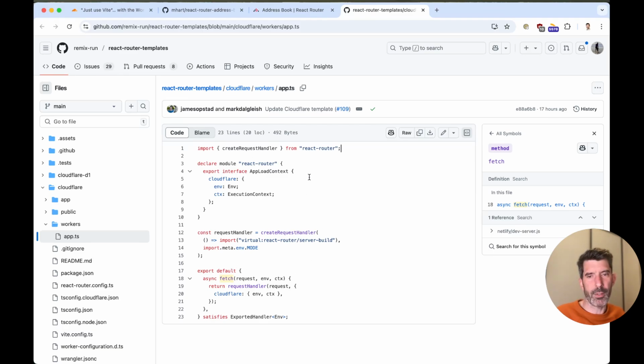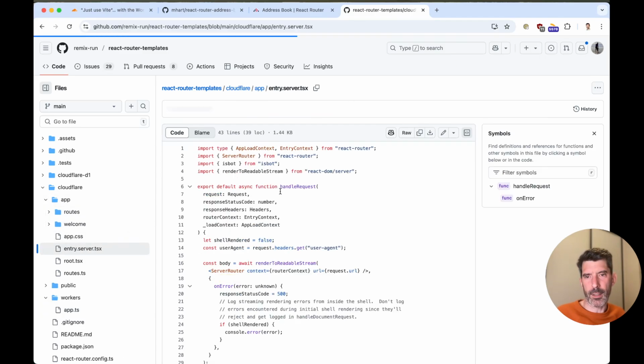There's nothing that you really need to change in this, and you can always grab it from this place in the templates. We're going to need to do a similar thing with and grab this